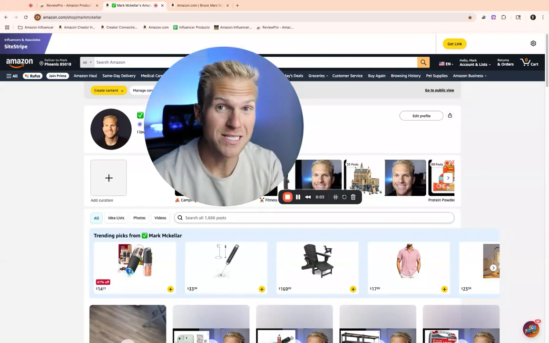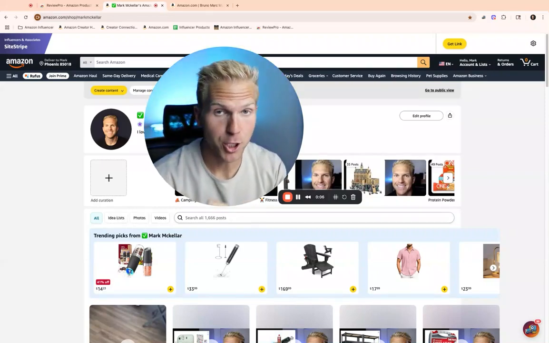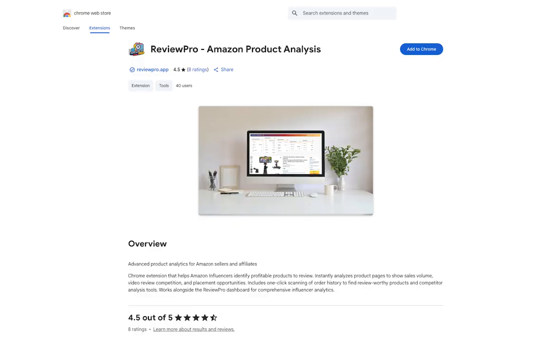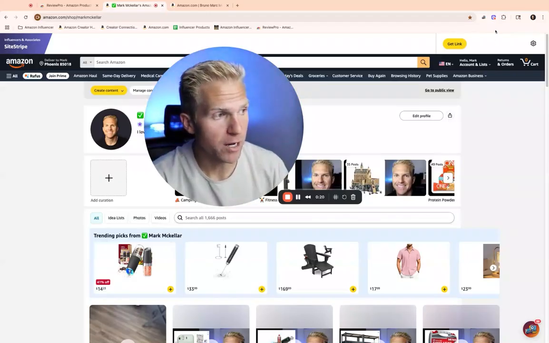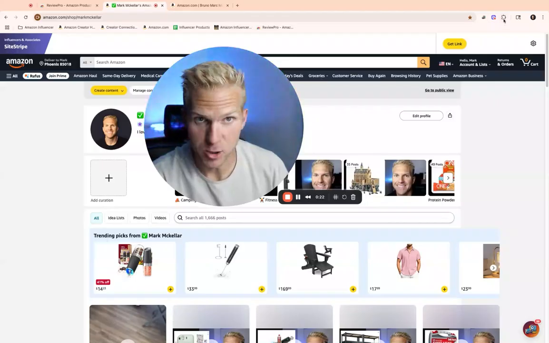So the first thing you want to do is download the ReviewPro extension. You're going to go ahead and click the link to get to the Chrome store where the ReviewPro extension is, or you can just go there and search for ReviewPro and then click Add to Chrome. Now, after it's downloaded, you're going to click the top right of your window where the puzzle piece is, or